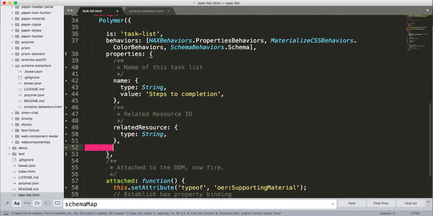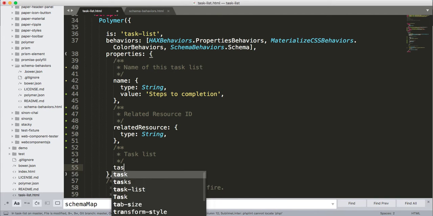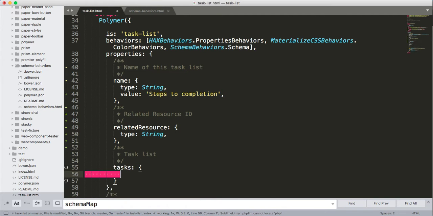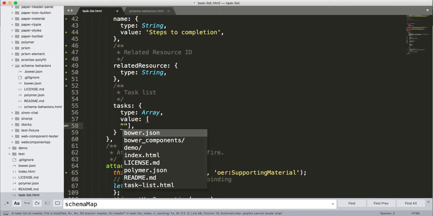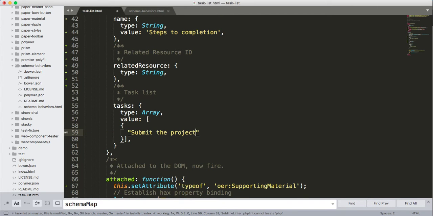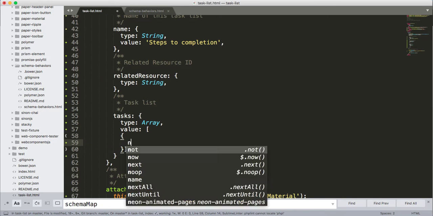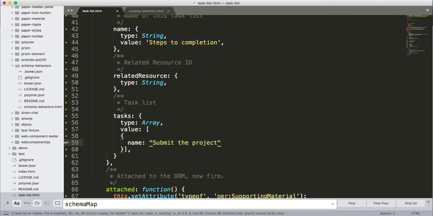We're going to have to put some tasks. So task list. Okay, tasks. What's that? Type array. Ooh. Value equals, and we're going to force feed it a value. Otherwise we won't be able to do anything to start this. So in here, we're going to have an array of objects. And the objects are going to have a structure of name to start. So name, submit the project. And then we're going to have another one,